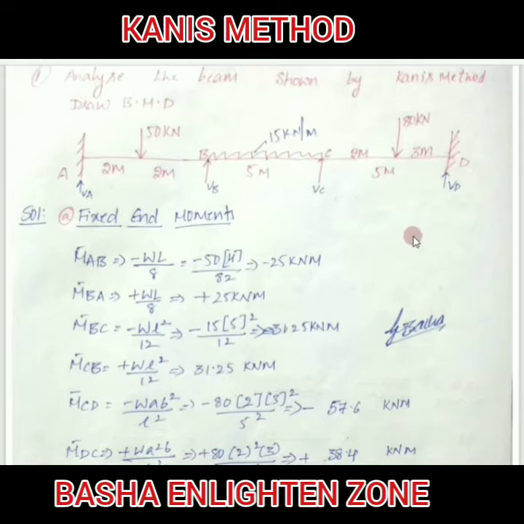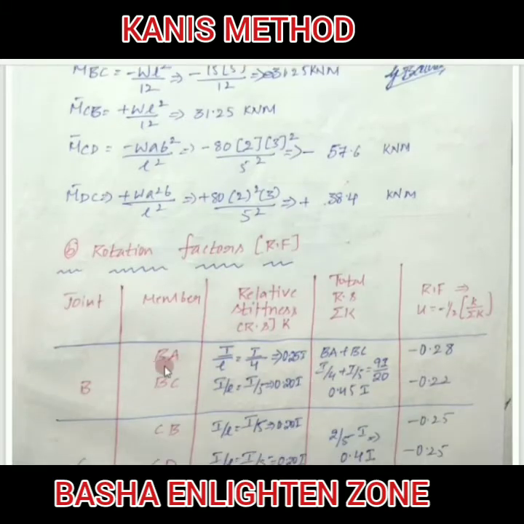So when you will get 3 by 4 times of I by L, in the next problem I will take that type of example and I will show you clearly. Okay, then please follow this one. So here I am at A and I am seeing B. What happens? B is a fixed intermediate support. Therefore the condition will be I by L. What about here, I by L? Where I means entire property of the beam. So I isn't given anything here. That is the reason I equal to I. What about this L? Where L equal to length of that particular span. Therefore taken 4, I by 4.